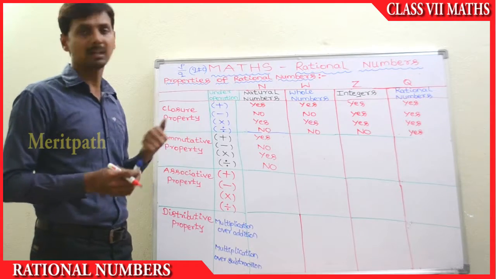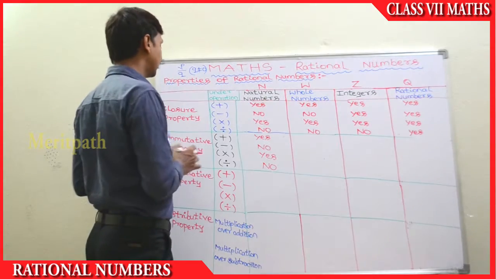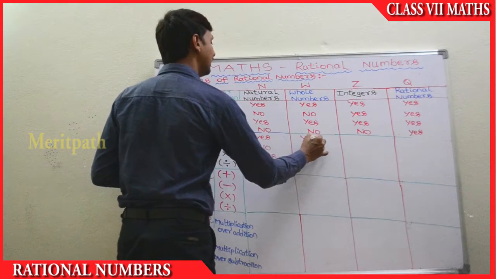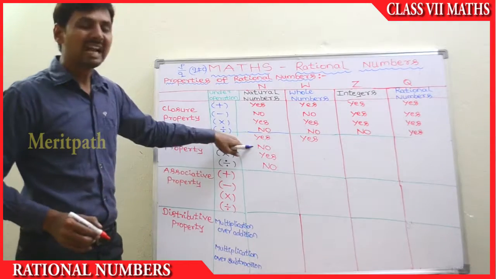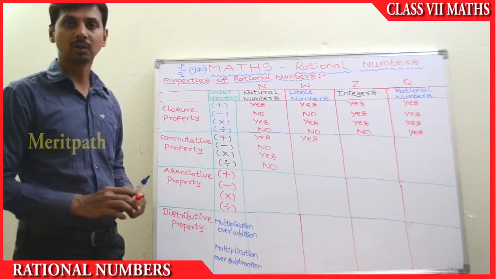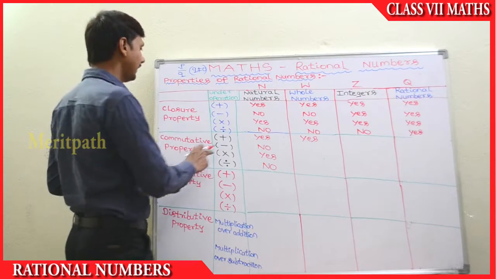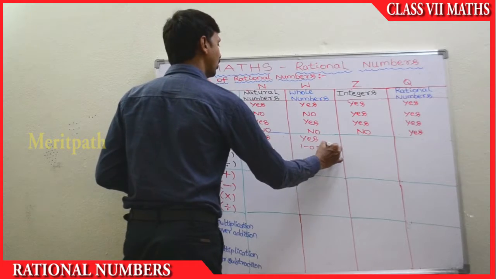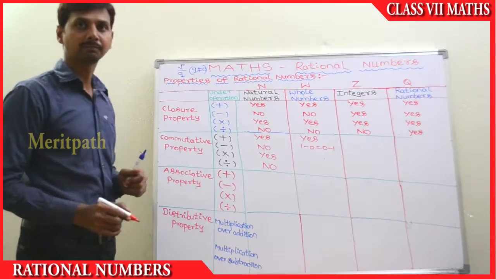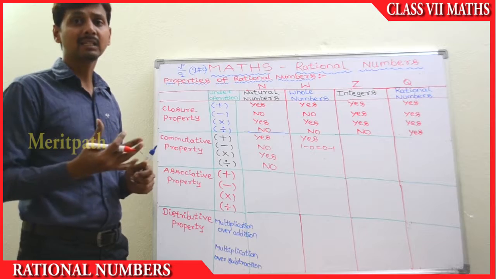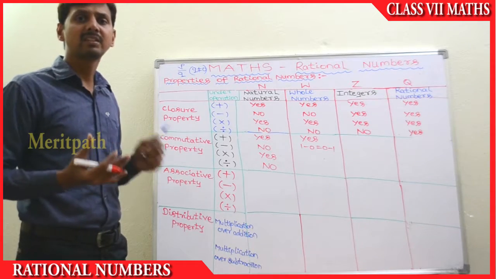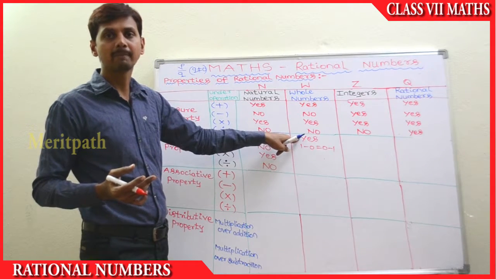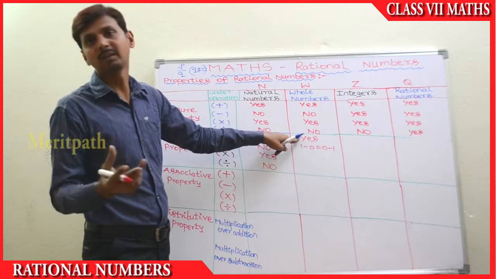So let's go to the whole numbers. Whole numbers addition. Yes, it's possible. Similarly, as we did for natural numbers, we'll do for multiplication also. Yes, it's possible. And when we say subtraction of whole numbers, it's not possible because 1 minus 0 and 0 minus 1 are not equal. And we know that in only some of the cases addition is possible and sometimes it's not possible. So it's not possible in all the cases.